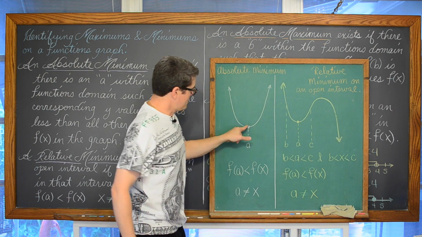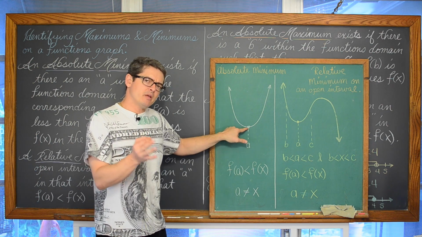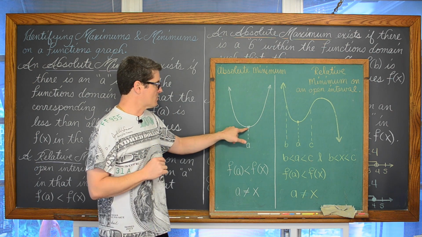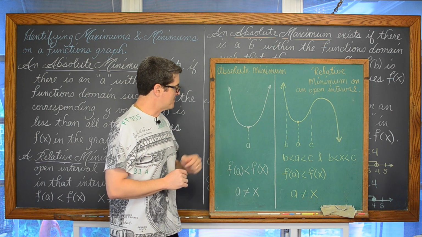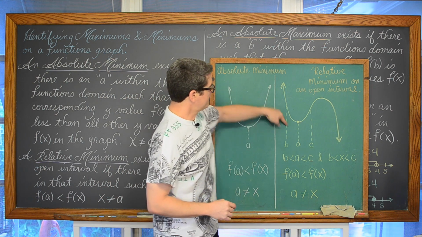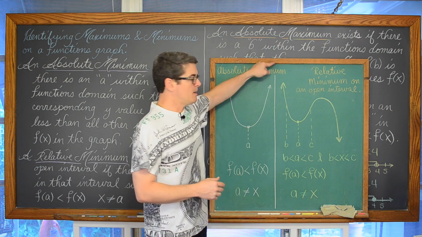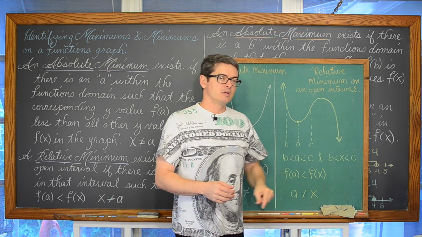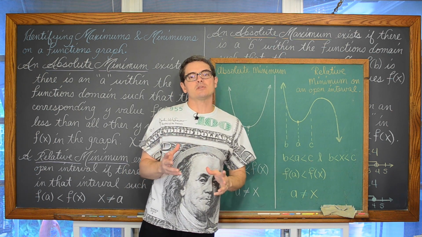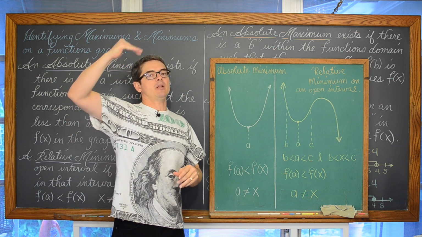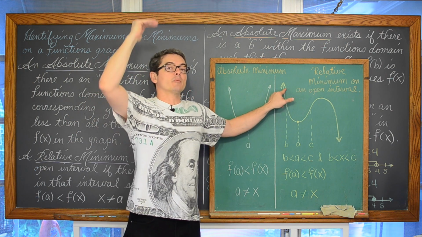We've already discussed how this parabola that was opening up had an absolute minimum. There's just one point on this graph that has the lowest possible y value, and so there is an absolute minimum here. And now we have kind of what's looking like a cubic function, and it goes up forever and it goes down forever. So the fact that it goes up forever means that that graph has no absolute maximum. It just keeps going up and up and up. And as soon as you say some y value that you think is the greatest, well, it's just going to go up a little bit higher.